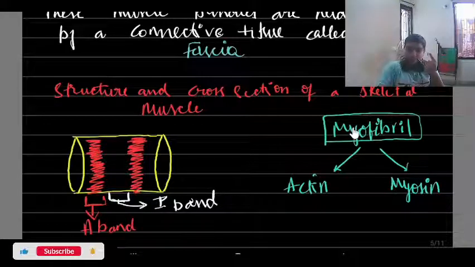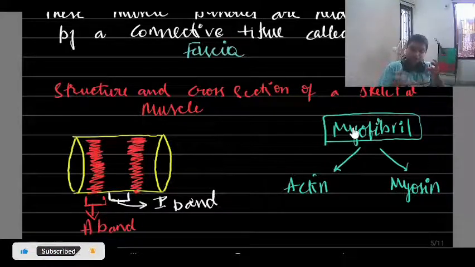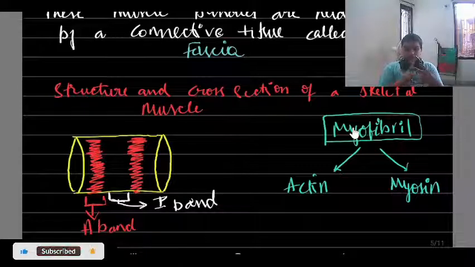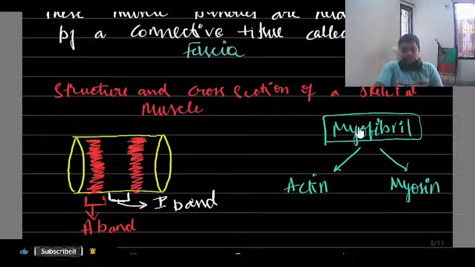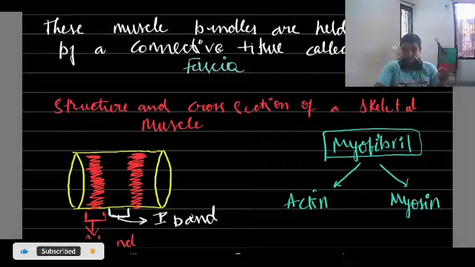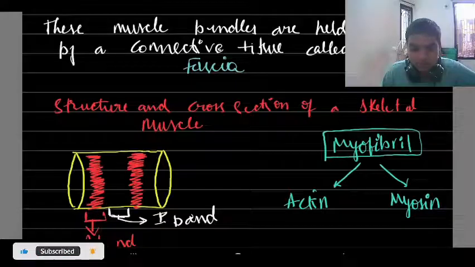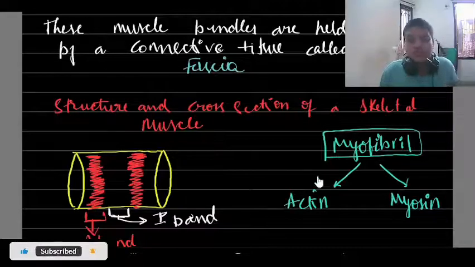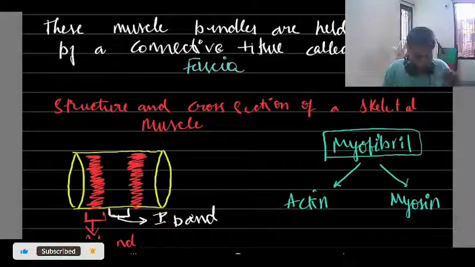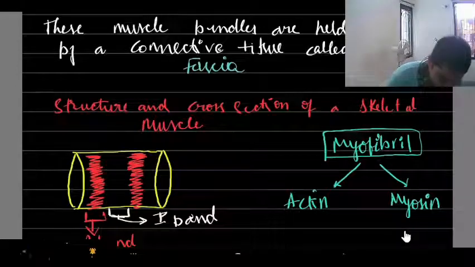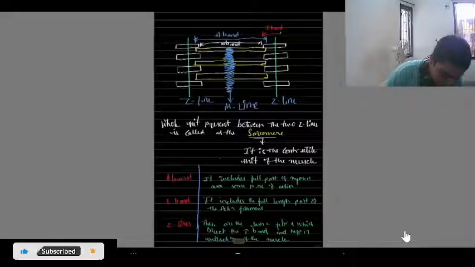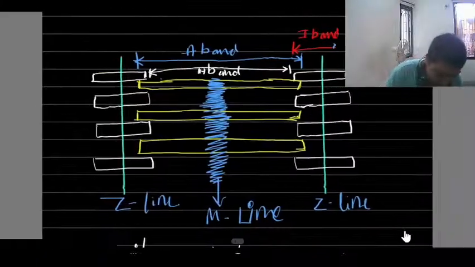Now a myofibril is a group of contractile proteins. There are two types in the myofibril, actin and myosin. Remember, a little later we will be talking about them. Yes, now let's move on. Now let's move to the second page where we will be talking in more detail about the structure of